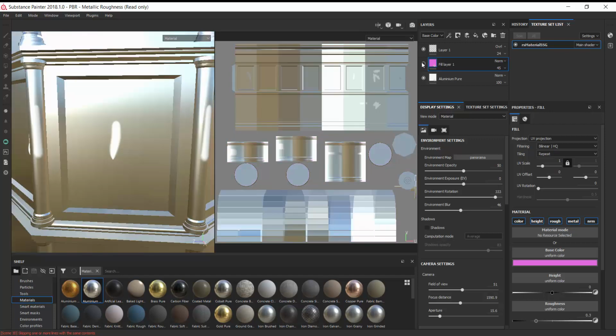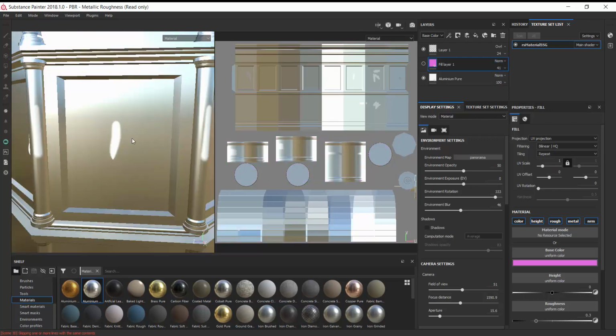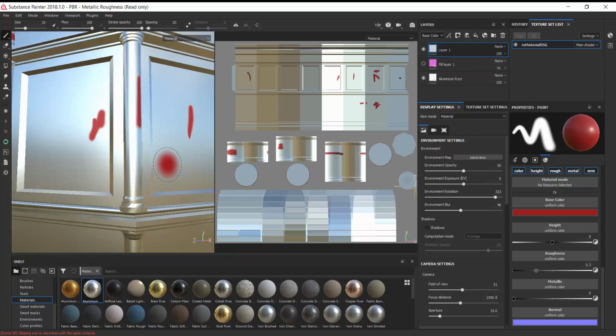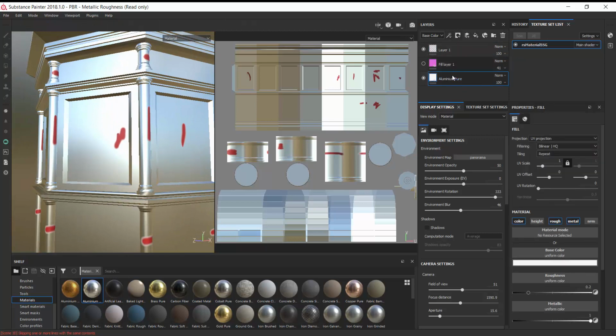So let's turn that off, and there you can see the material coming through. More opaque. So here's that aluminum. Here's, if I make it normal, the value of this. So now you can see that paint stroke coming through. So this is a pure aluminum material, and you can add a mask on the aluminum or add a mask